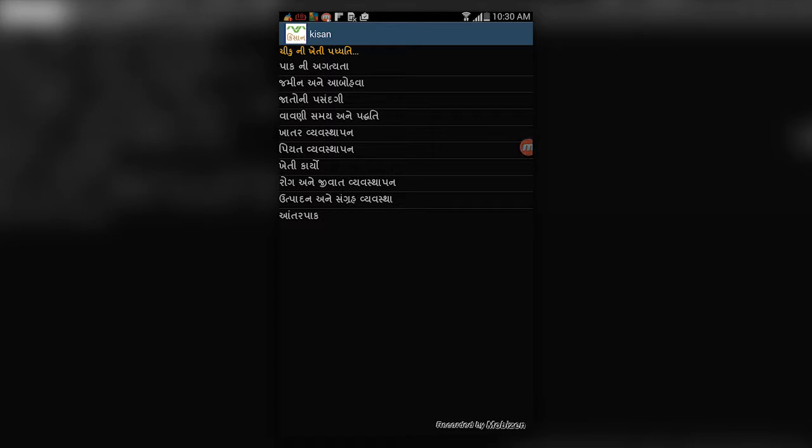In this section you will have different types of information related to the importance and introduction of the crop, what kind of soil and atmosphere the sapota trees require, the different varieties of sapota, and the time for plantation of sapota trees, for sapota orchard management.